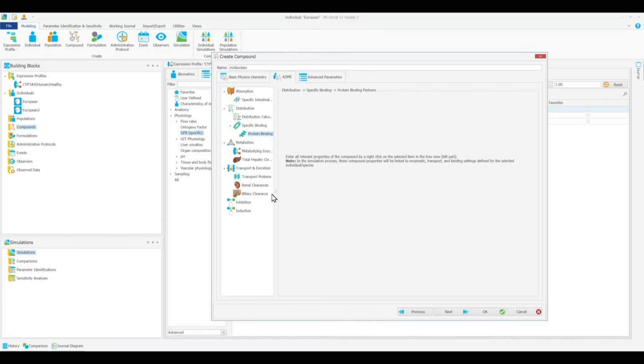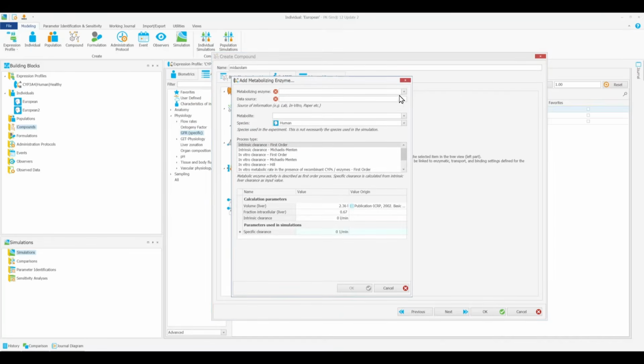Now, to add a metabolizing enzyme, right-click on Metabolizing Enzymes and choose Add Metabolizing Enzyme. A new window opens. Here you can define the metabolizing processes for your compound. In the Metabolizing Enzyme drop-down menu, you can select one of the enzymes already defined in the individual building block. Select